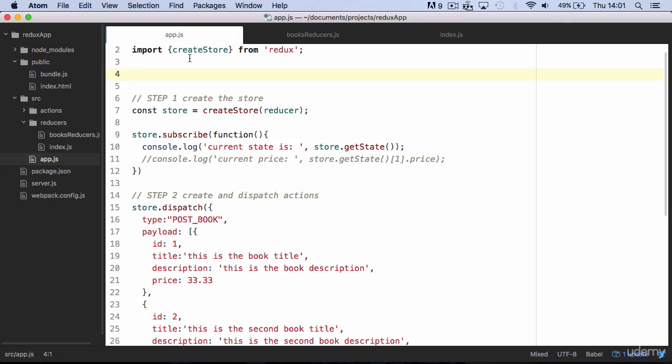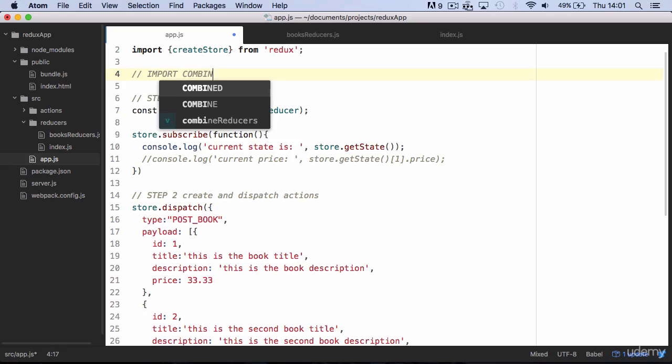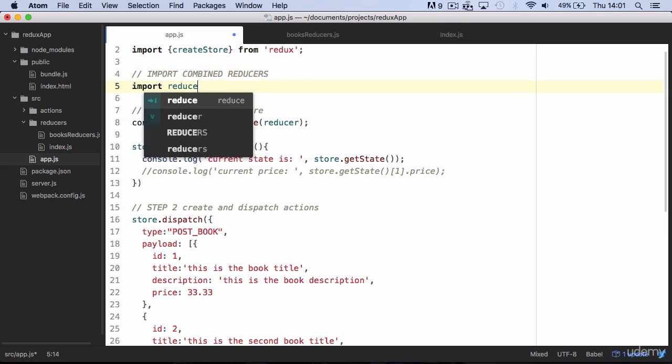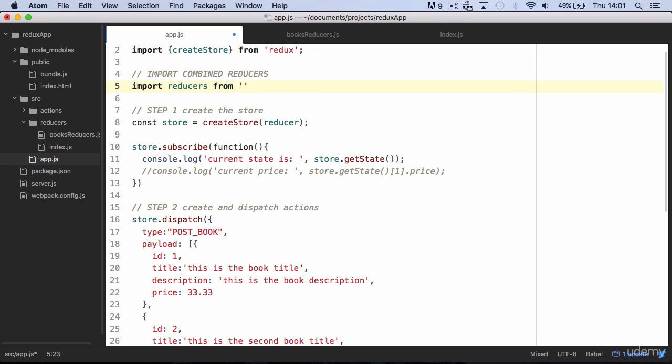Then in app.js we import the combined reducers. Notice the S at the end of reducers. Now in our create store functions we need to import reducers, not reducer. And finally we can save and refresh,